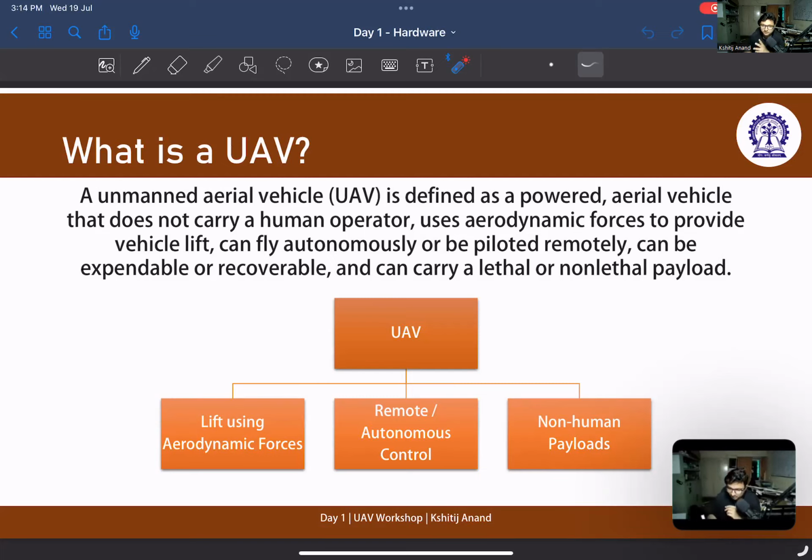If you look at what three aspects make up a UAV, the first is how are you going to produce lift? How are you going to keep the vehicle up in the air without its frame breaking down? That's the most important part, because not all parts of the frame are going to produce lift. Only the wings are going to produce lift. The empennage, that is the tail section, is also going to produce lift. So how do you keep the rest of the